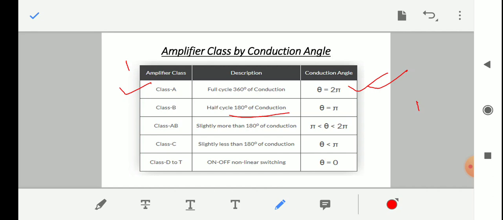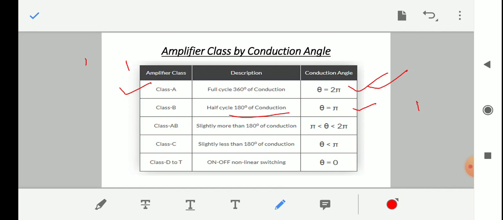So the class B amplifier amplifies a signal to a great extent. The power efficiency of class B amplifier is about 78.5%, which is much greater as compared to class A amplifier. But these class B amplifiers have high distortion. Specifically, distortion occurs when the input voltage crosses its zero voltage. We will explain it later when we discuss the class B amplifier in detail.